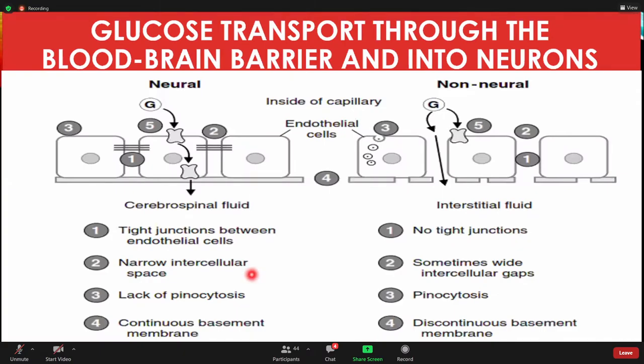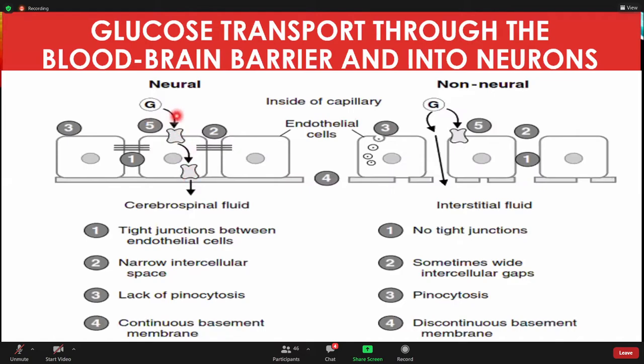Just to compare the two different types of tissues that we could have in our body, in order to discuss the need of expression of certain GLUTs or not. As you can see here, we can see the difference between the neural tissue structure compared to the non-neural cells. We can see the presence of these gaps, basal membrane here, spatial gaps that can allow the transportation of glucose or other solutes actually. But if we go to the neural cells, we will see what's called the blood-brain barrier that will prevent the transportation of a lot of molecules or solutes to the neural tissue in order to avoid toxicity. So there is a special mechanism to transport such molecules. That's why we need much more complicated